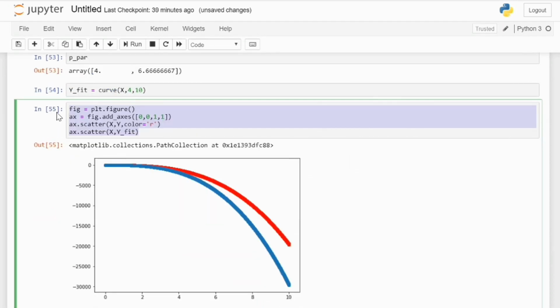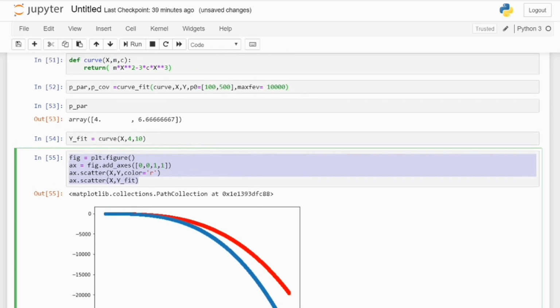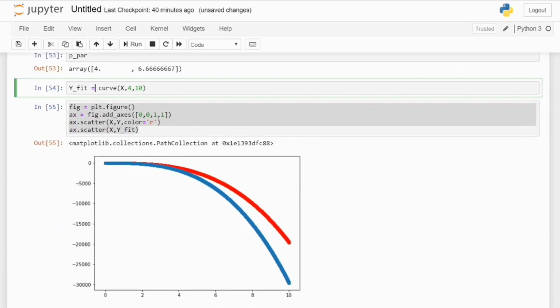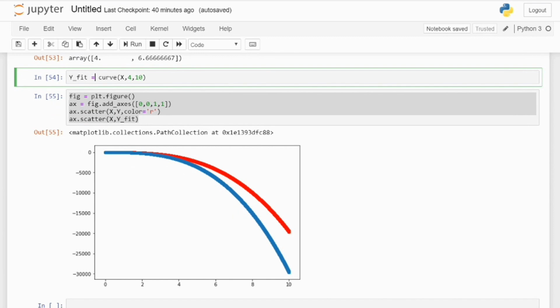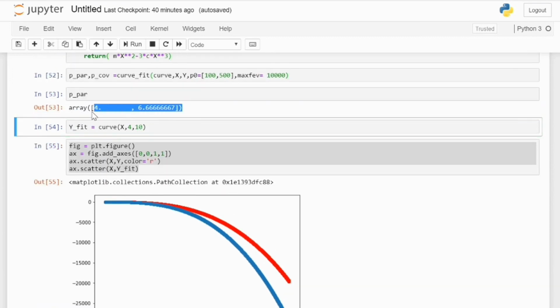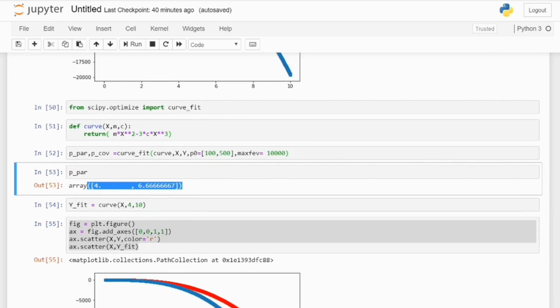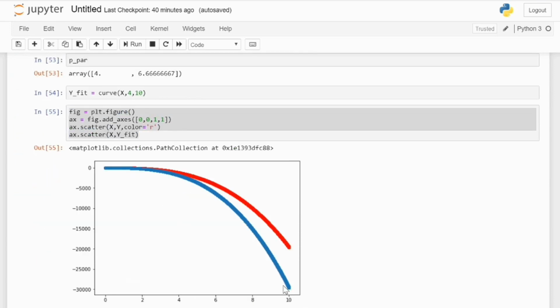So this is the way you can fit nonlinear curves on top of your data sets and see how good the prediction is. If you want to predict the future with the help of this curve, you have to give x values for the future and it will generate the y values for the future. There are other optimization functions like hyperopt to optimize these parameters that we will discuss in some other video. But for now, try out other functions on top of this curve and see how gradient descent works.